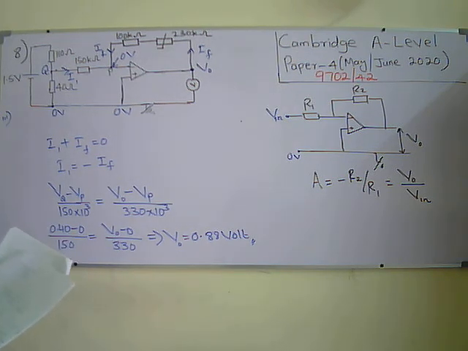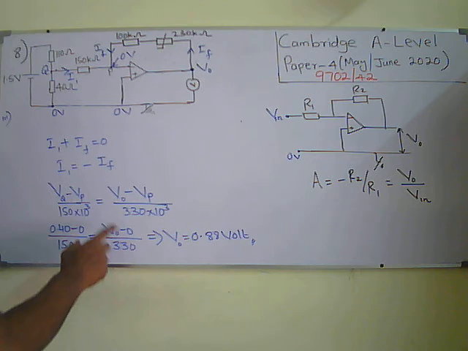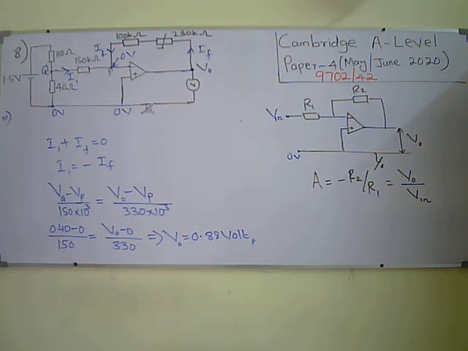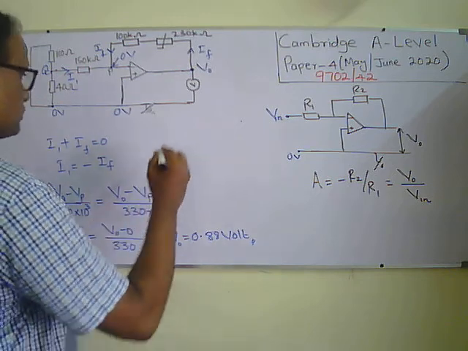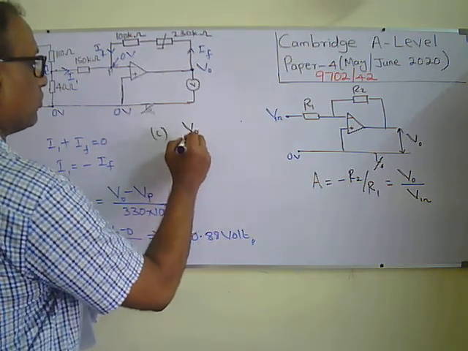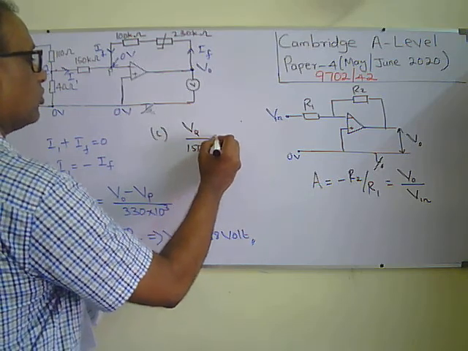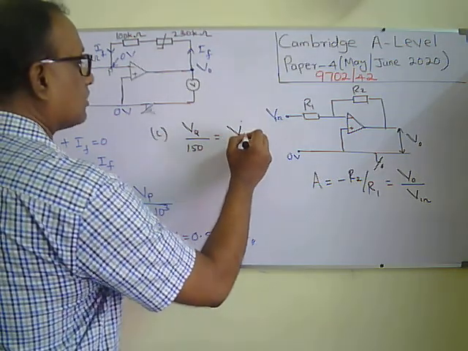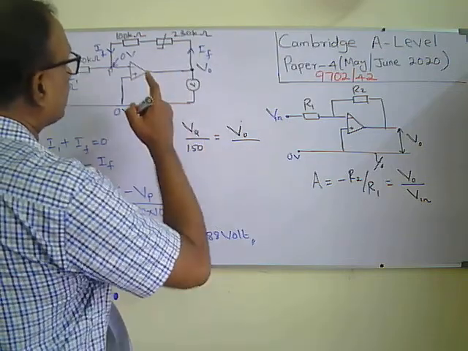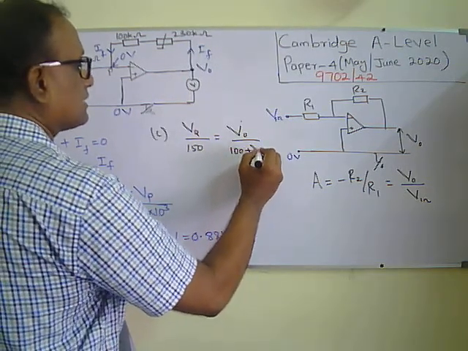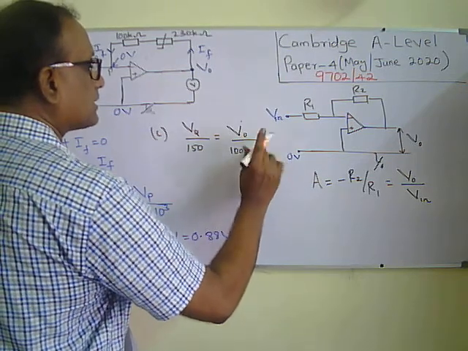Okay, so the C part of question number 8. The resistance of the thermistor decreases as its temperature rises. Explain the effect of this change in the temperature on the potential difference measured with the voltmeter. So you know that, so I can make the same thing, VQ minus VP. I can write it as, C part, VQ over 150 kilo ohms is going to be V out over the total resistance, 100 plus the resistance of the thermistor.